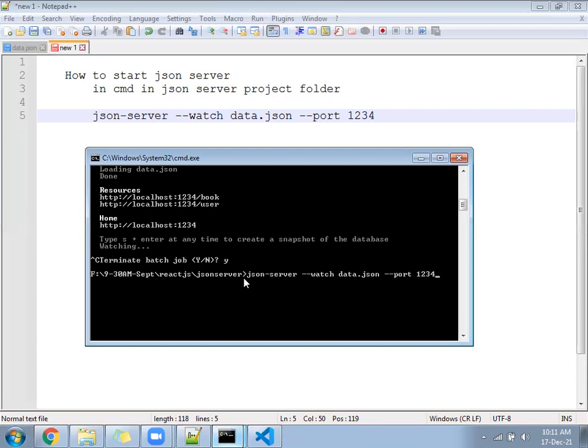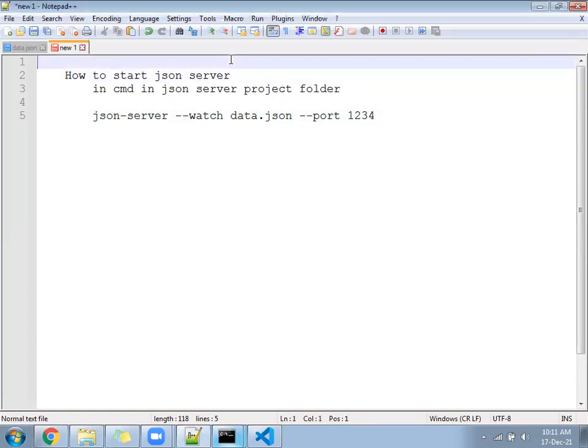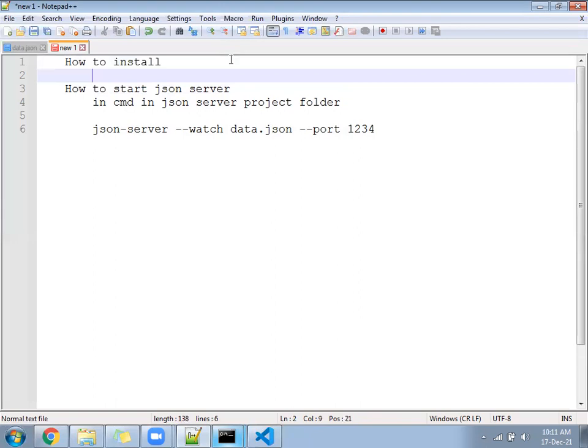Hope we did that. I will write here how to install. For that we have npm install -g json-server.